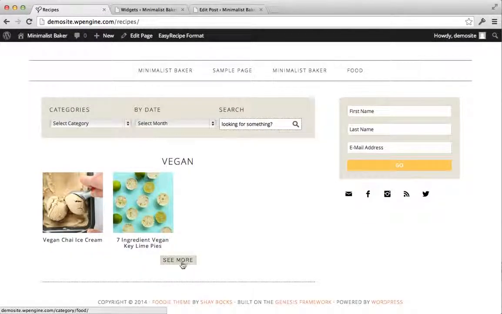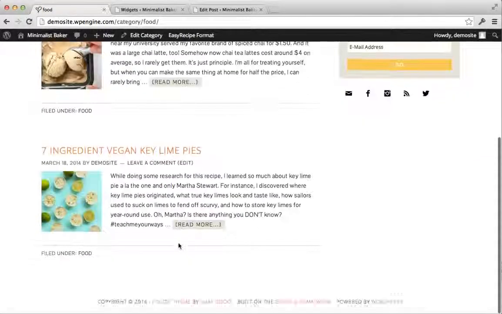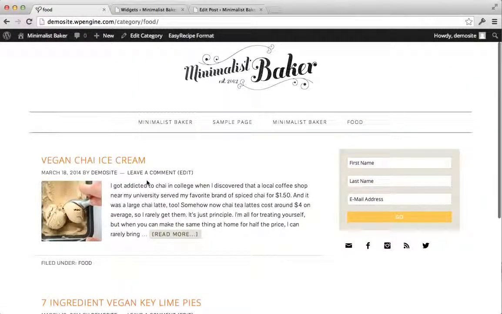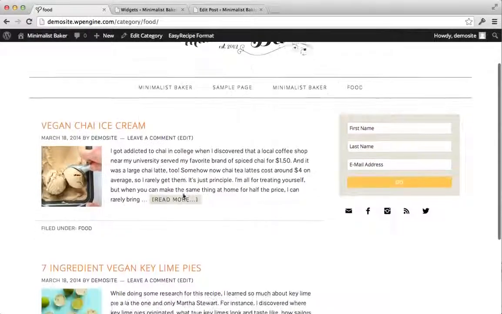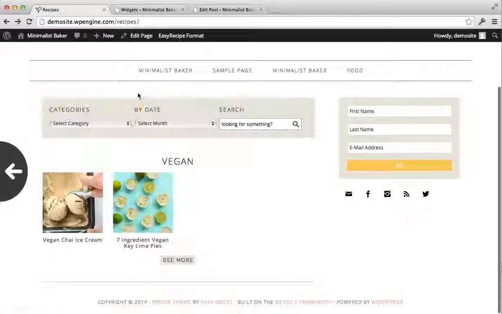If we click see more, if you watch this down here in my browser, it shows the category. It's actually going to go to a category page, and it will go to something that displays like this. There are ways to kind of change this by default. I think it looks pretty nice, but if you wanted to change anything like this, you would actually do so